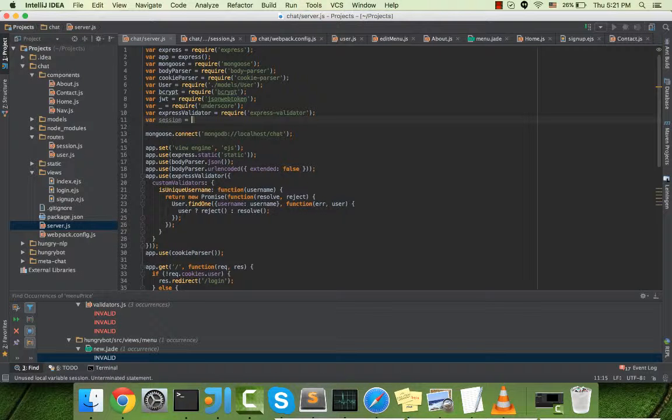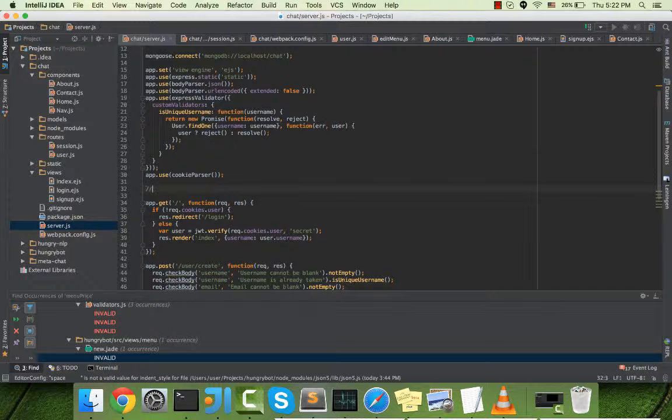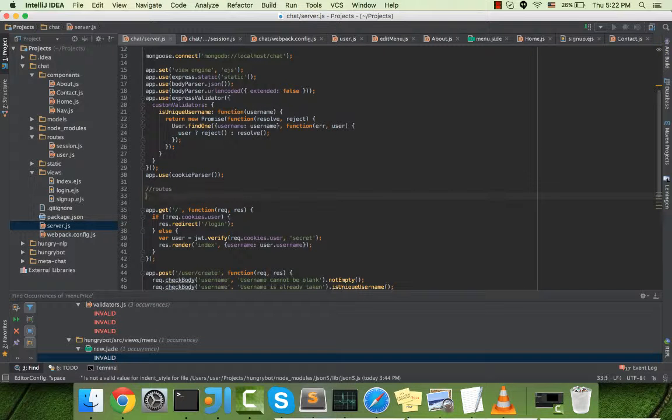Session. Okay, and then we can actually do an app.use,